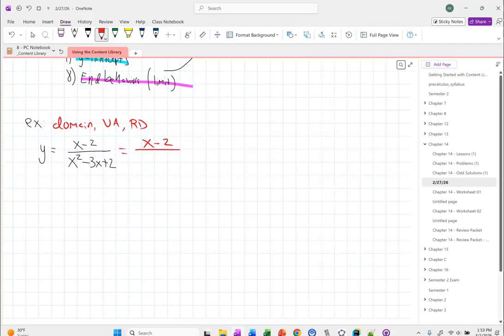How do I factor x squared minus 3x plus 2? Sure, you find two numbers that multiply to 2 and add to negative 3. Great, and those two numbers would be? Negative 2 and negative 1. Good. Okay. Once I have it factored,